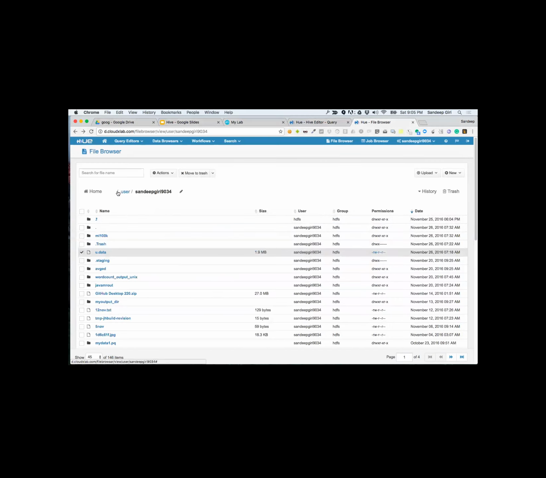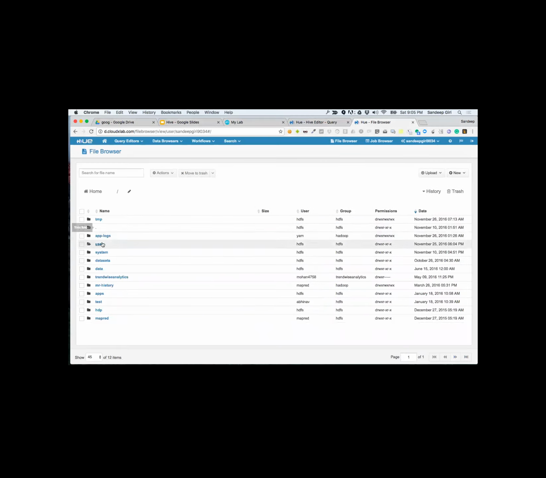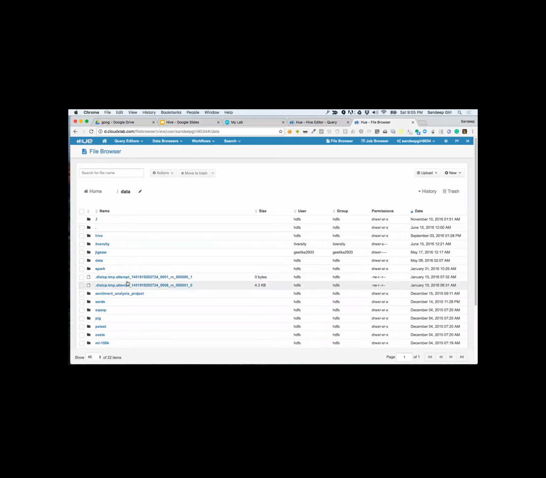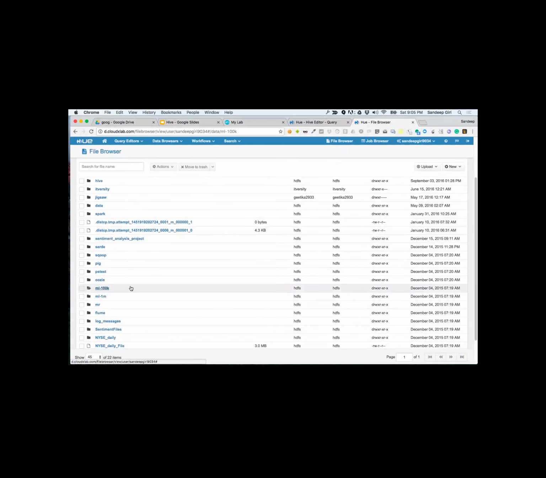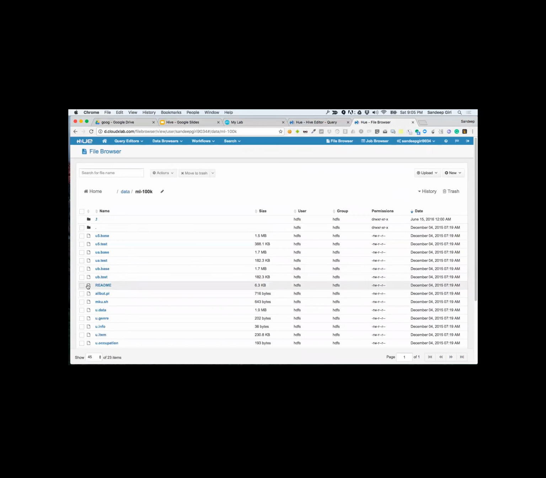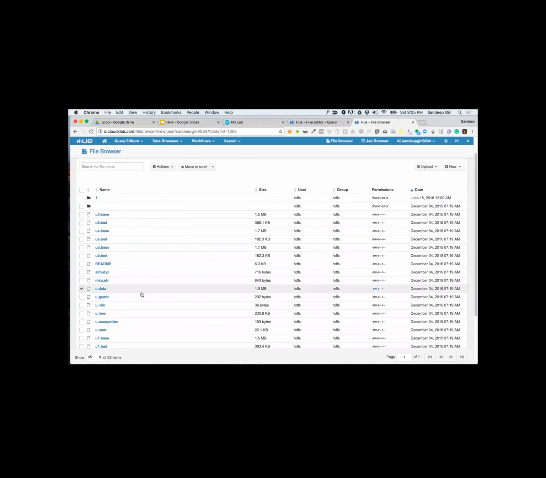How do you do that? We are going to go to the data folder. We are in the data folder now. You can see ML100K, and there you see u.data. We can say actions and move, and go to home, and then write the name here.